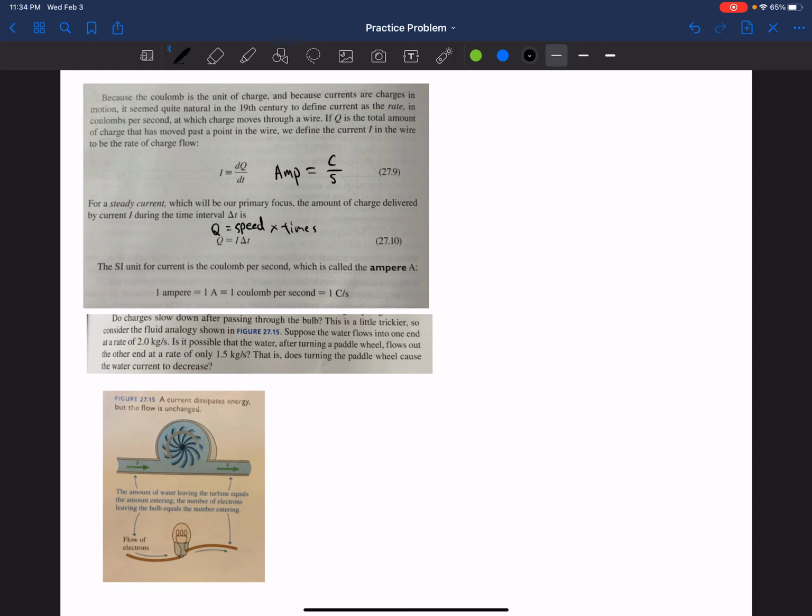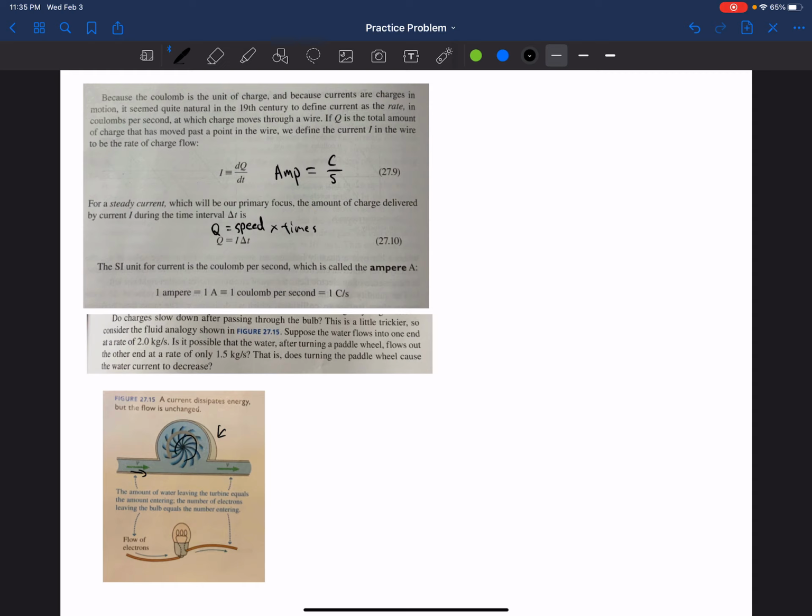Since I already knew that electric current is a bunch of electrons flowing in a wire, and this paddle wheel kind of resembles a light bulb, so it's a resistor, I had the question of whether the electrons slow down once they move through that light bulb. This analogy explains it perfectly. Think about the water flowing in. Although we know something has to be used since this turbine is now turning,